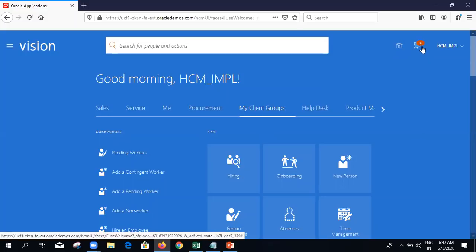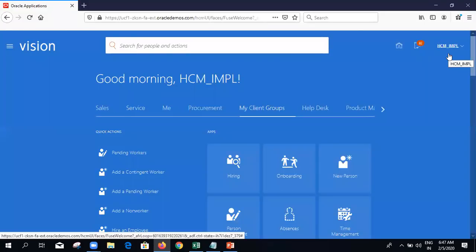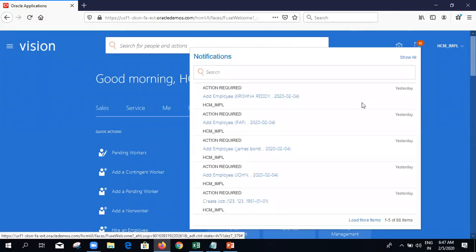And here the bell icon, which you are seeing. Any notifications that I receive as a user will be shown up here. So let's suppose I am a manager and my subordinate applied for leave. I should be triggered with some notification, right? So in my user login, I can see all my notifications in this bell icon, where I can have the accept and reject options. By clicking accept, that particular leave of that employee will be accepted. If I reject here, then that leave will not be accepted, it will be lapsed.